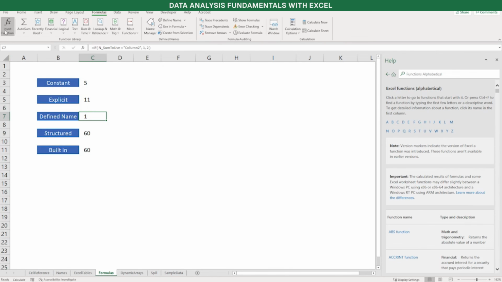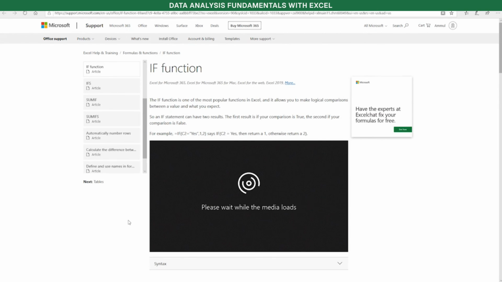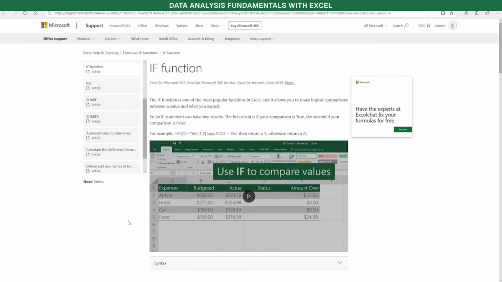Lastly, you can use the Insert Function dialog box from under the Formulas tab on the ribbon bar to review the general usage of a function, the different arguments that it expects, and the definitions for each one of those arguments, the expected formula result at the bottom of the dialog box, and also a link to access additional information regarding this function. Clicking on this link brings us to the Microsoft documentation page for this function, where you will